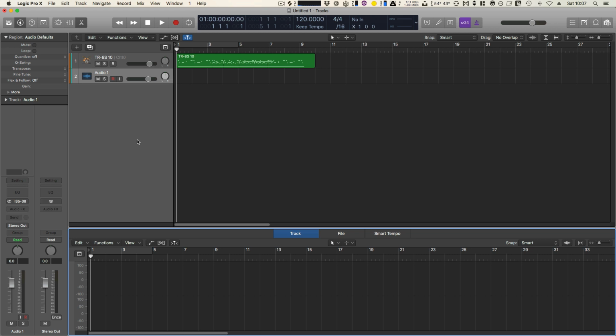We'll create that. Now, I happen to know that the way that I've set the kit up in the TR-8S, I'm using individual outs and not stereo outs. So I'm not expecting to see anything on this input at the moment, but I am going to